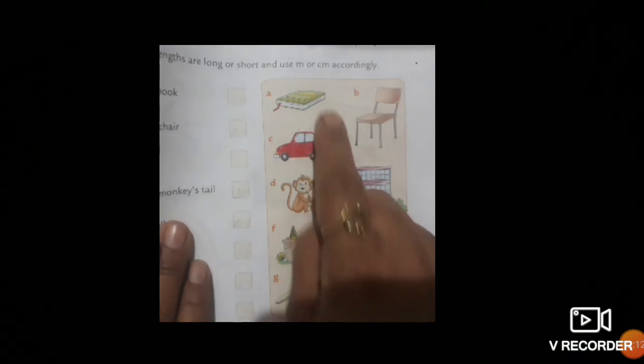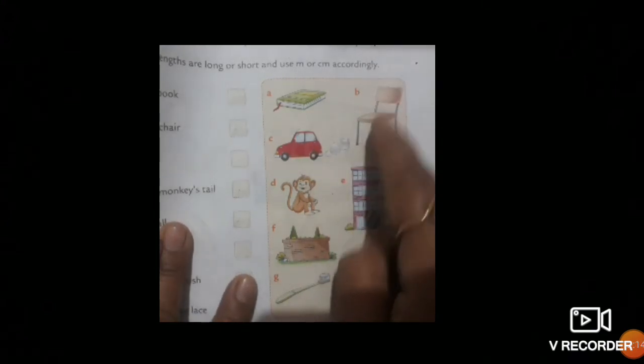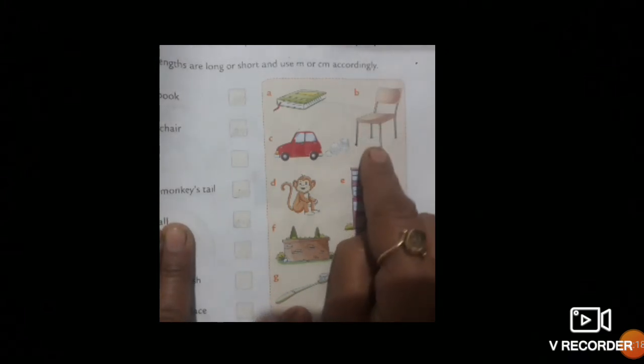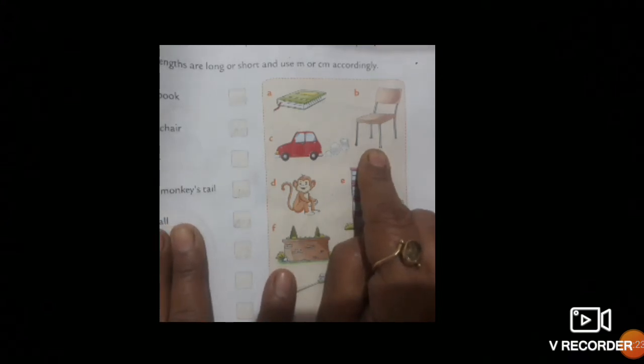Okay, now the height of your chair. Can you tell me about the height of the chair beta, from here to here? Any guesses?